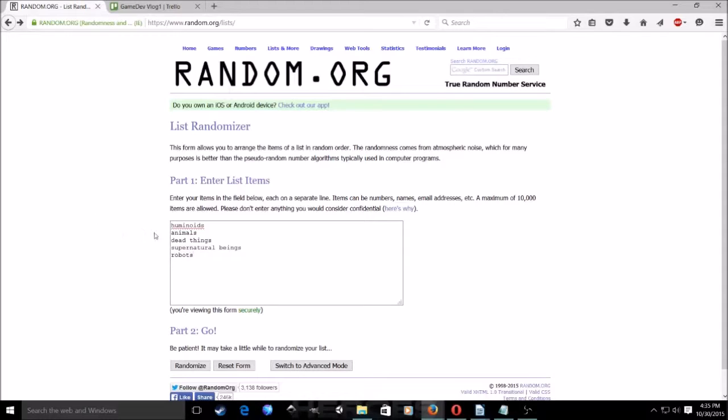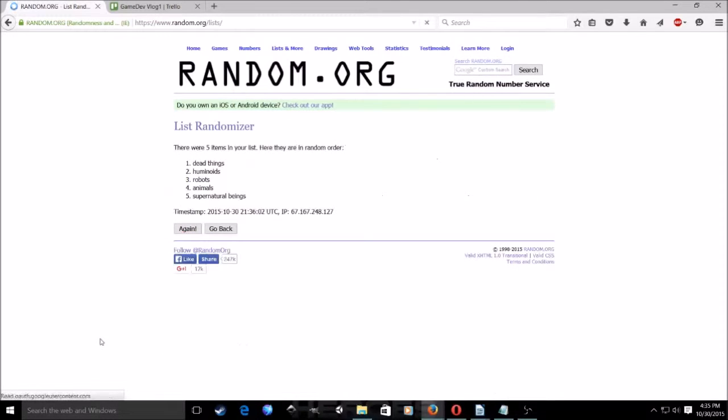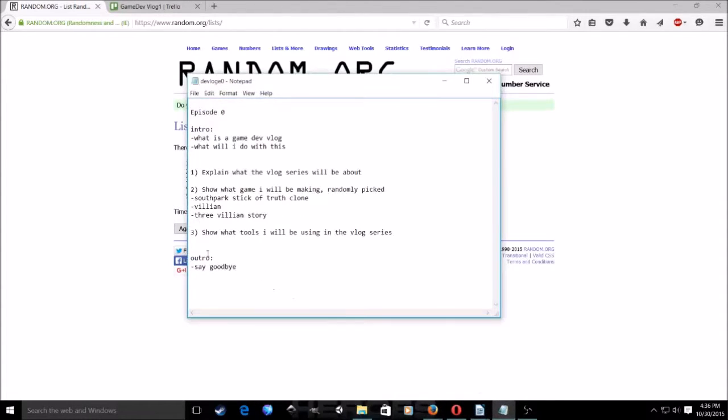So are my villains going to be humanoids, animals, dead things like zombies, vampires, mummies, that kind of thing, supernatural beings, or robots? And let's see this. Let's go. Dead things. Okay. So that makes the villain thing kind of easy. So our villains are going to be dead things.